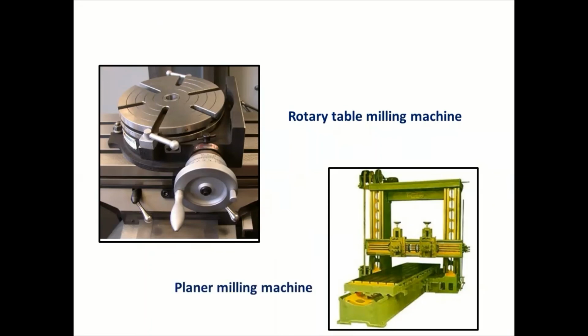And the other one is the planer milling machine. This is a very huge machine actually. These are the columns. There are 2 columns, and over the columns there is a rail, a horizontal rail, and over the rail we have mounted the tool holders. Such planer milling machines we use for heavy components, where the table, as you can see, is a huge table. So very big components can be easily machined by using the planer milling machine. Thank you, friends.